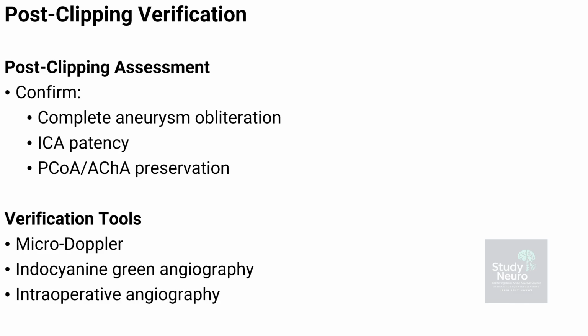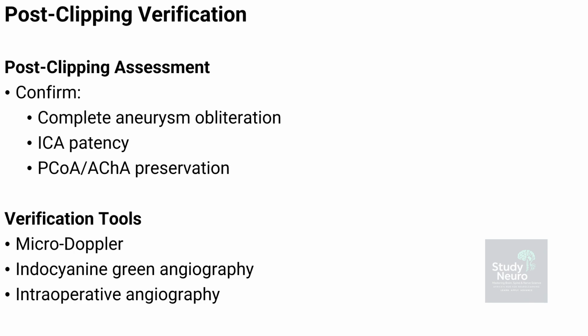The surgeon first checks whether the aneurysm has been fully obliterated and whether blood flow through the internal carotid artery remains open, along with preservation of the posterior communicating artery and anterior choroidal artery, since even small, unnoticed compromise can lead to delayed neurological deficits. Verification is mandatory here. To confirm this, several intraoperative tools are used, including microdoppler to assess flow, indocyanine green angiography